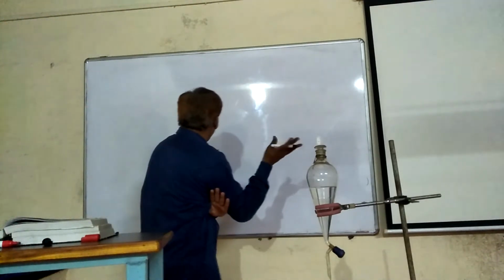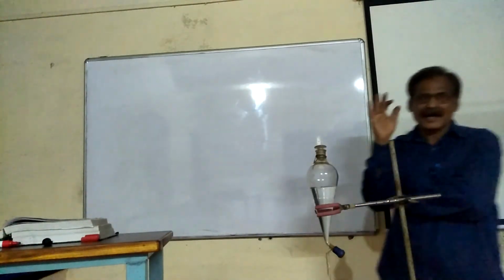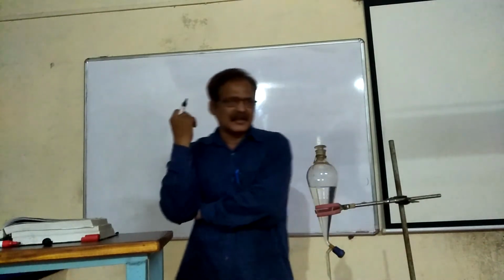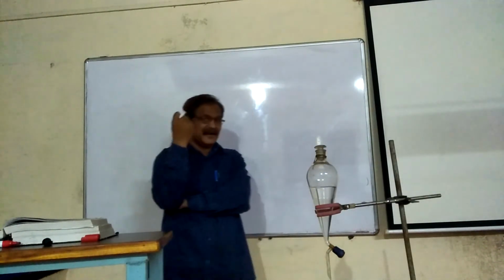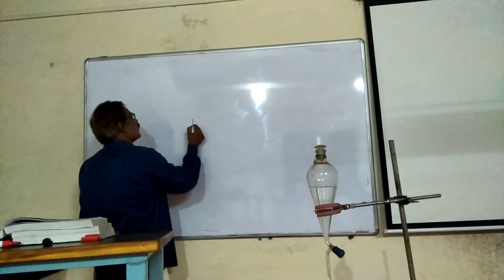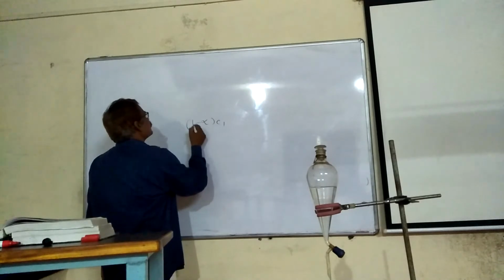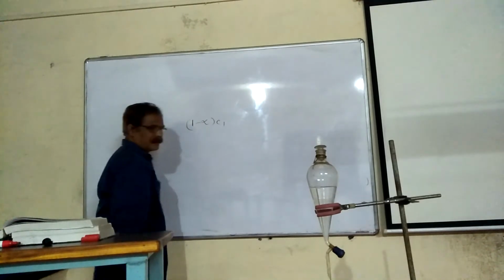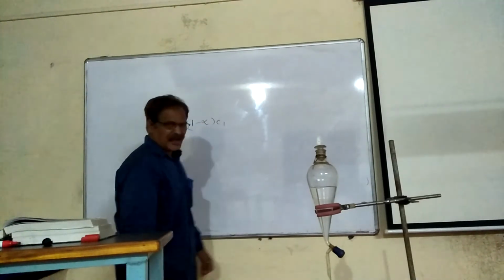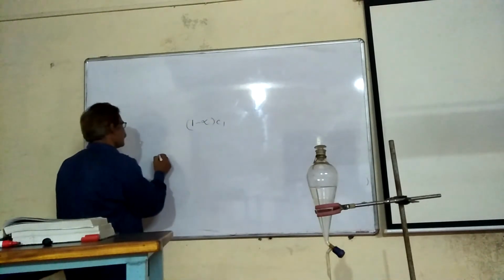In that case, if the degree of dissociation is alpha, the concentration of undissociated X molecules will be equal to 1 minus alpha into C1, and as the solute X does not undergo any change in solvent 2,